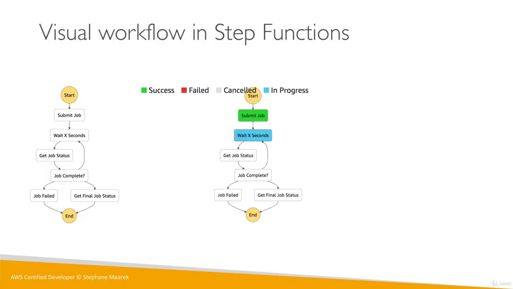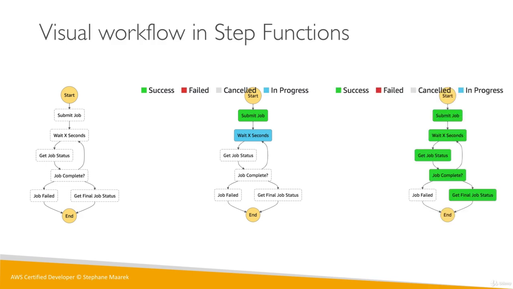Now, when you actually start a job, you can see it as it happens going through the chart. So you can see right now it's been submitted and then it goes into the wait X seconds. So it's in progress and it's blue. And so it goes along and does all the things. And then when it's done, you can see the complete path of what it took, which branch it went into, and you can look into the status of all these steps. So this is as easy as it seems. Just imagine a way to orchestrate Lambda functions and to just link them to one another.